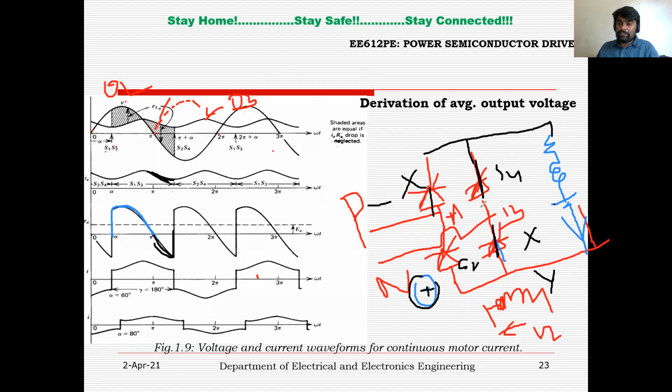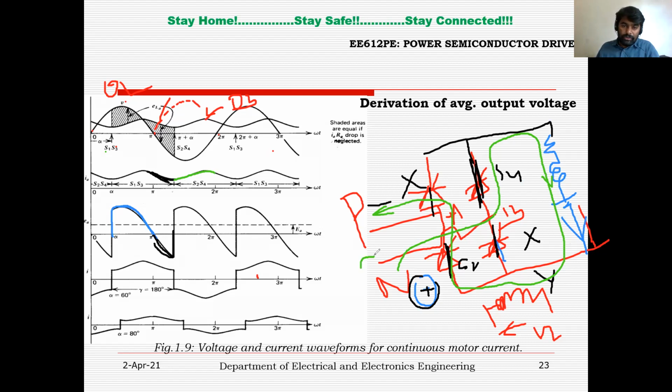So if I trigger S2 and S4 at the same time, the current will take the path like this. The current leaves from N positive, through S4 anode and cathode, the inductor, RA, LA, battery, and S2 anode and cathode, and back to P negative. So this is the direction of current, where the load has the charging current of the inductor. Now you can see here it is the charging current of the inductor, and the load is subjected to negative voltage.